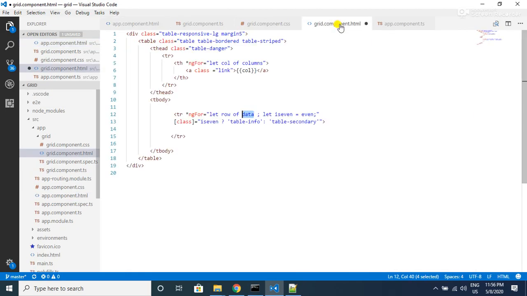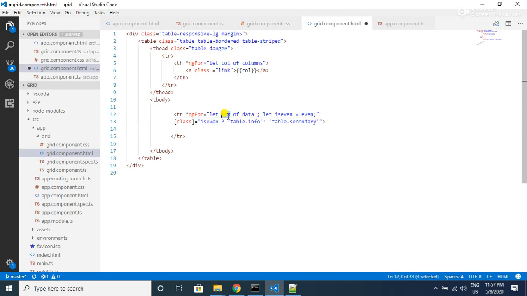If you see here, I have also created an isEven template input variable to know whether the particular row is even or odd. This is the boolean variable that I will be getting from this even keyword, and based on this I am making sure that the CSS class for the even rows and the CSS class for odd rows are different by using this class binding. If isEven is true, I am binding one separate class, and if isEven is false, I am binding the table-secondary bootstrap class to my particular row.